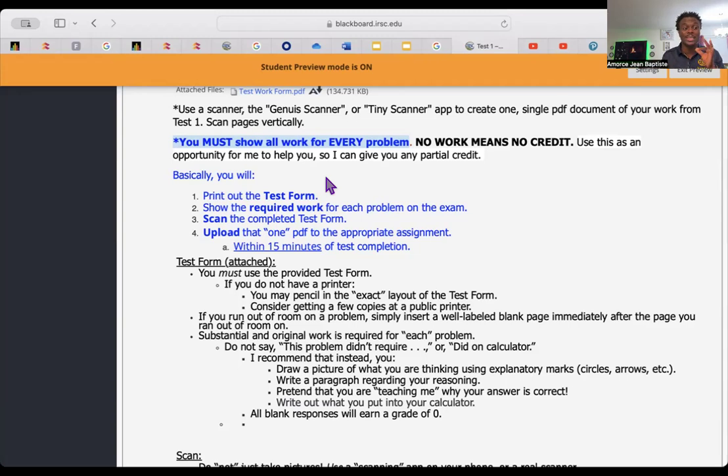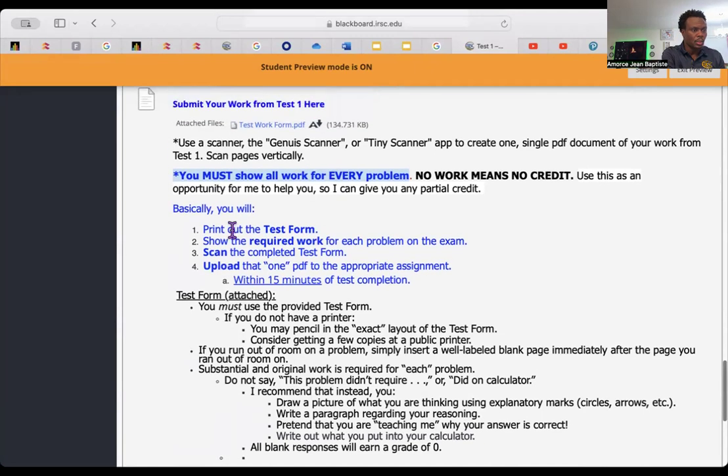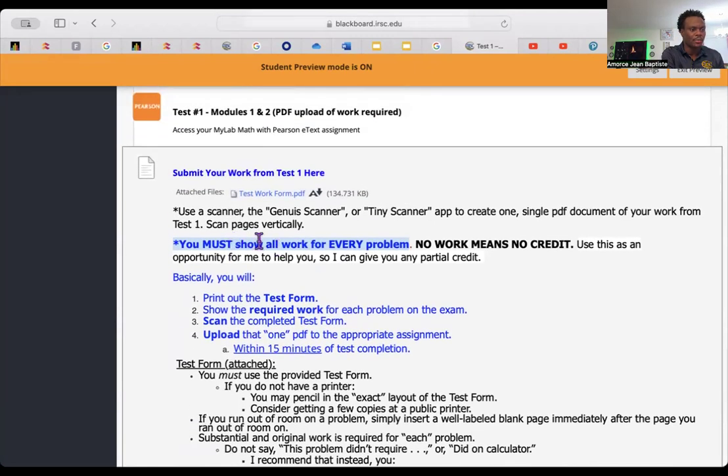And I want to make it clear that your result on the computer is not your definitive result, because I grade the work that you provide on the test form. If you provide no work for a question, then no credit for this question, even if you got it right on the computer.